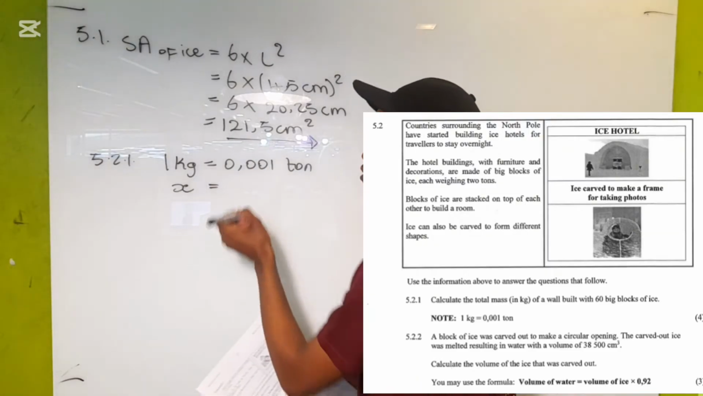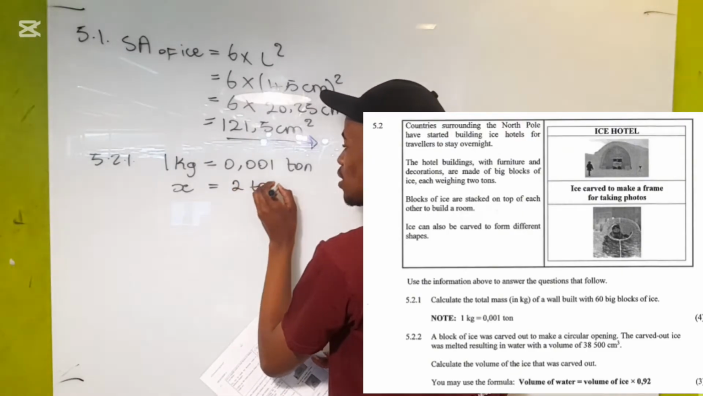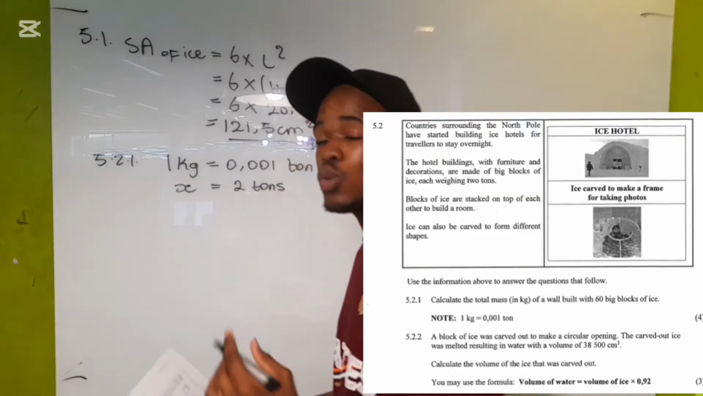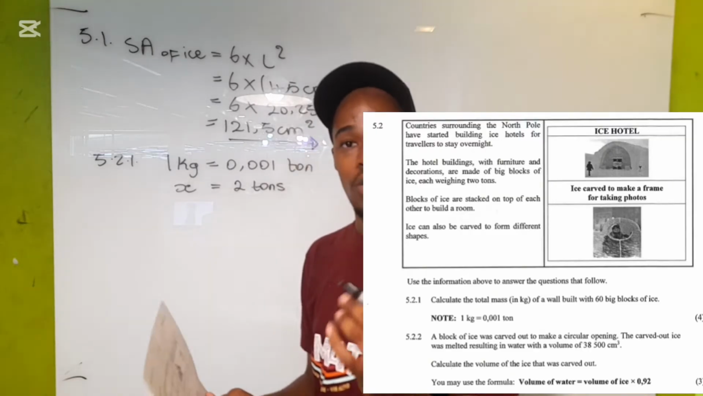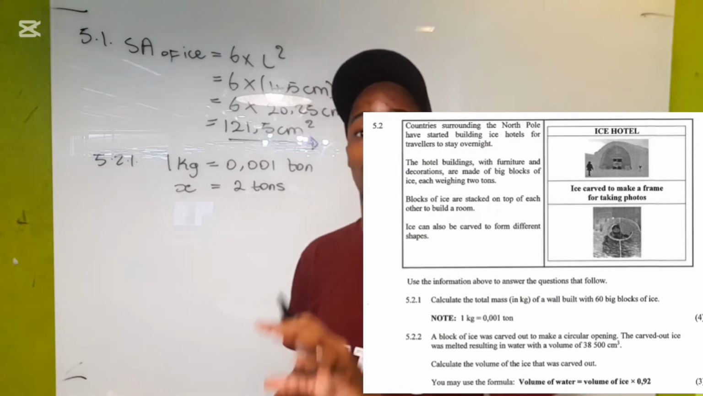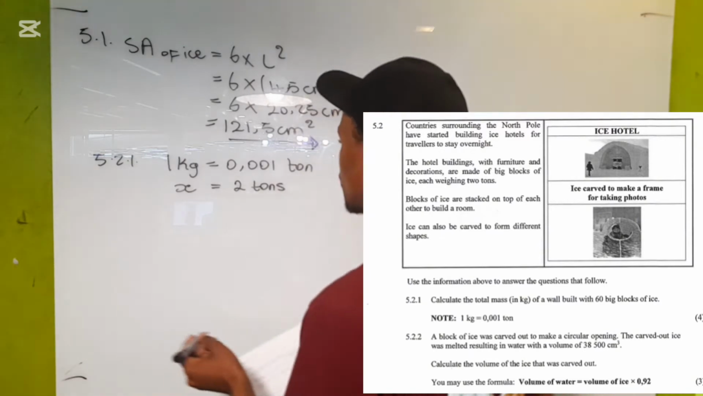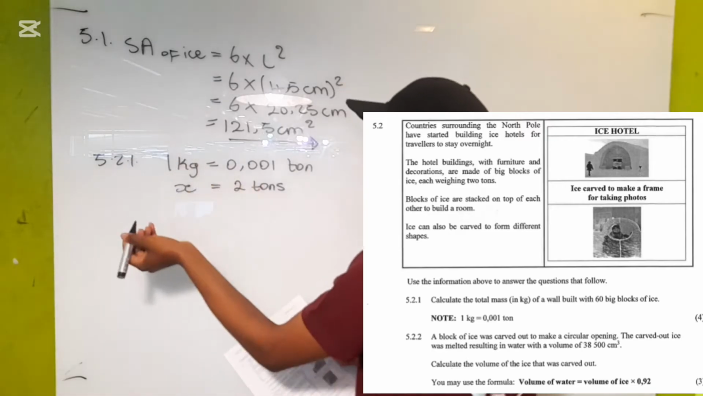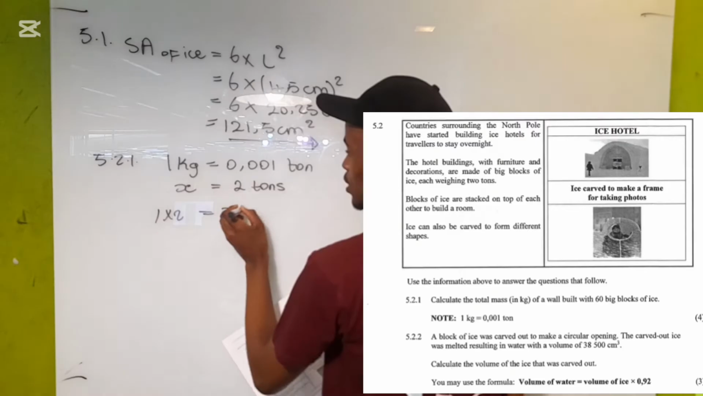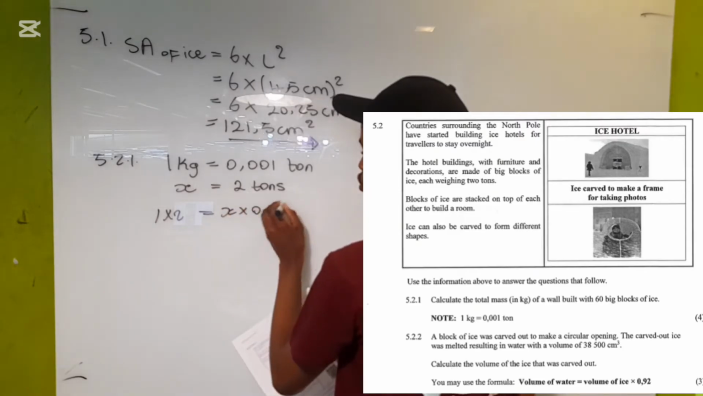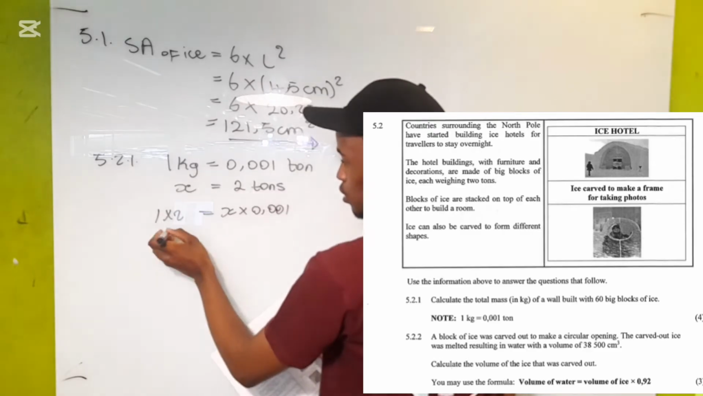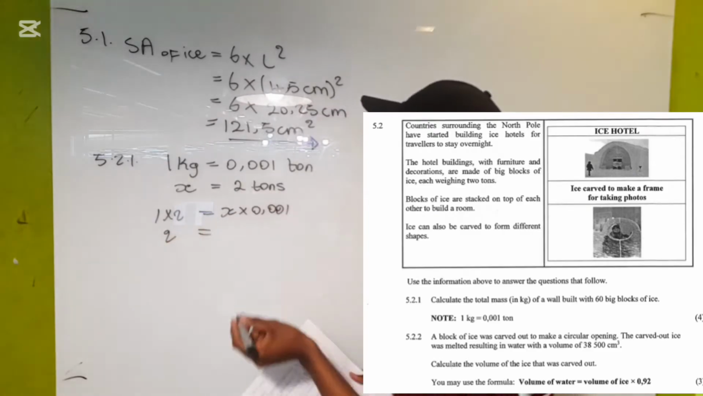How many tons? We have 2 tons, which is basically the weight of 1 ice block, okay? So we want to know the weight of 1 ice block in kilograms, and then we're going to take the weight and multiply it by 60 to get the total answer. So we're going to say 1 multiplied by 2 equals X multiplied by 0.001, okay? So 1 multiplied by 2, obviously it's going to be 2, and then equals